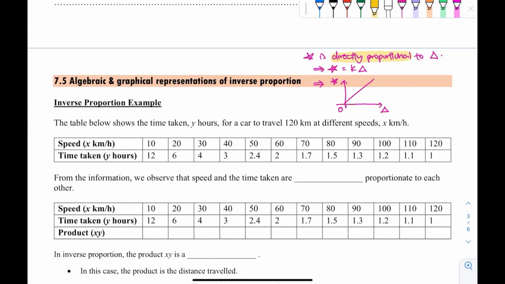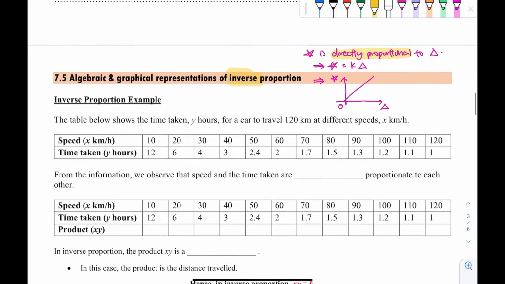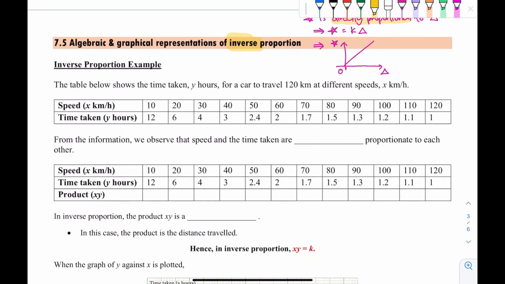Okay, so now we want to have a similar extension for the inverse proportion. In inverse proportion, one example is as shown over here, where we have a discussion of speed and time. Notice that in this table, as our speed increases from left to right, our time decreases from left to right. So this is a similar idea to inverse proportion. In fact, we want to be more precise about this. Speed and time is actually inversely proportionate